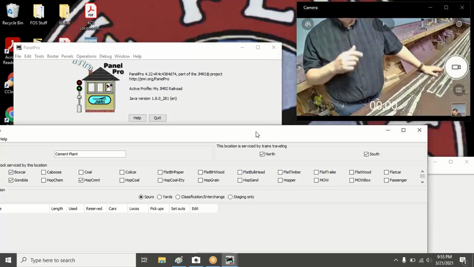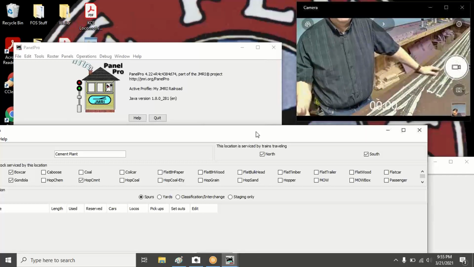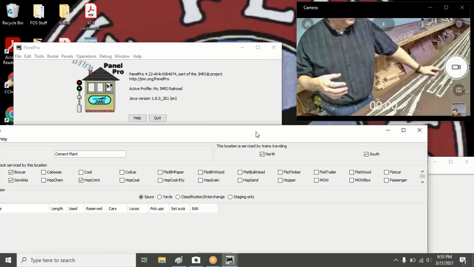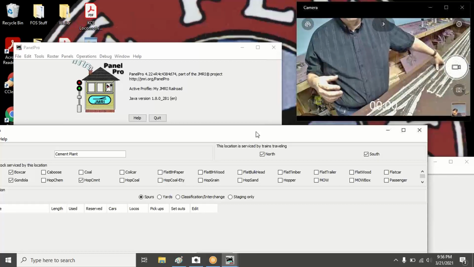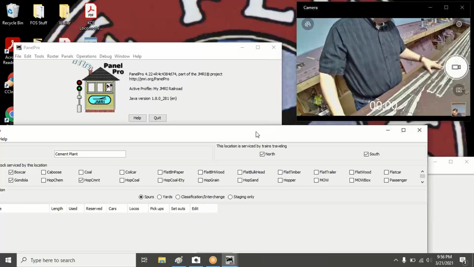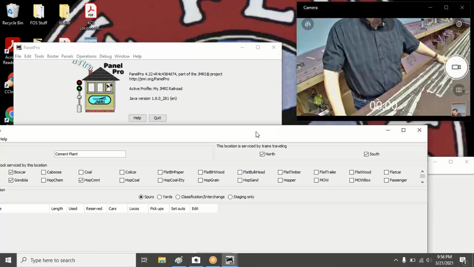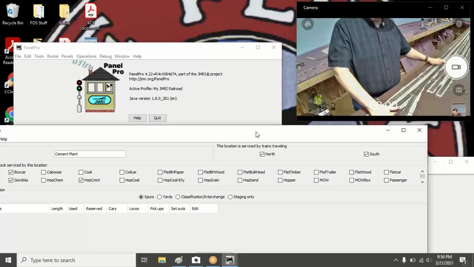I did that over in the paper mill because there's a track I use over in the paper mill. I have a pickup and a set out track over at the paper mill, but I also have a third track that's used for switching. And I did include that in JMRI, but the fact that this isn't in the middle of a classification yard or a marshaling yard means that there's just really no reason to add it, because there's going to be no storage whatsoever on this track. This is a siding simply to switch into the cement plant and also switch into the oil refinery. Okay,